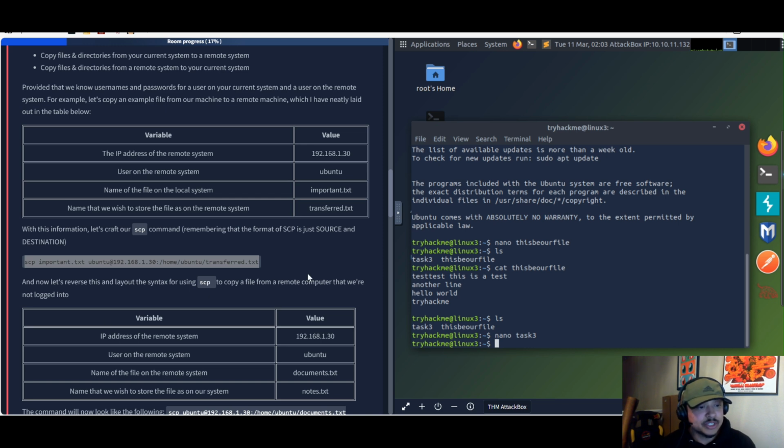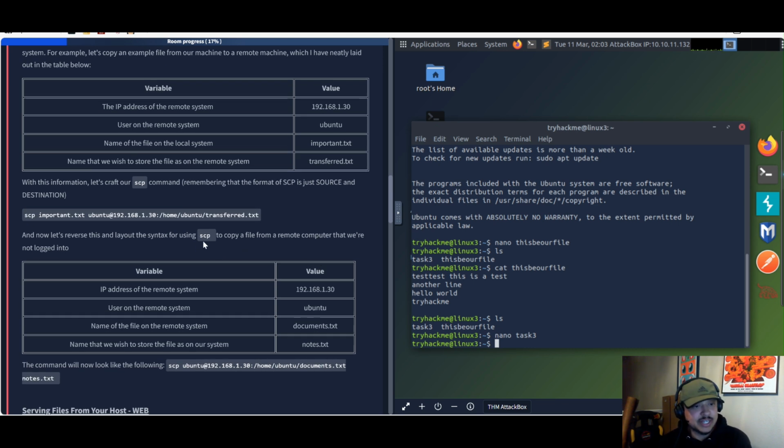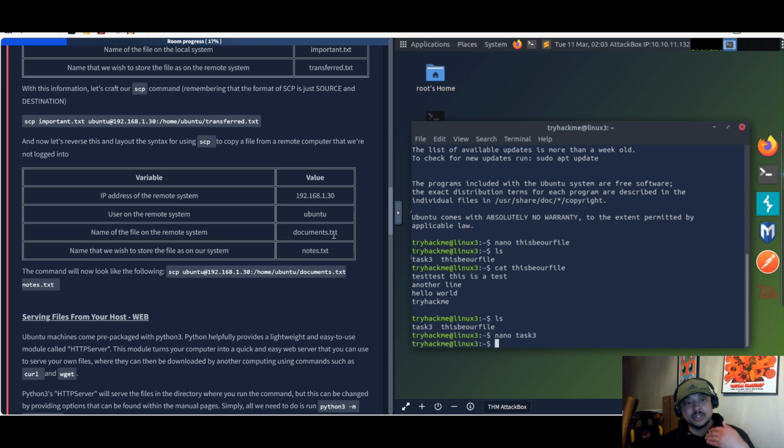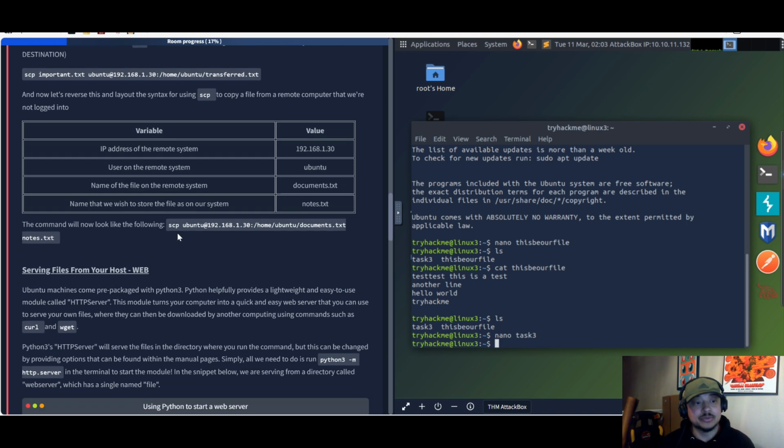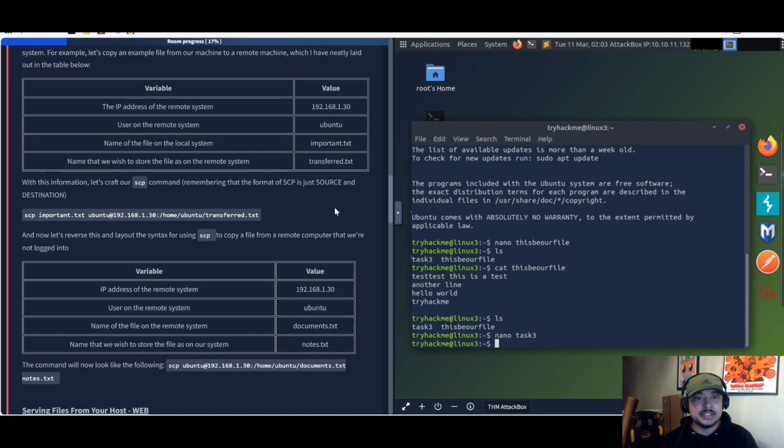Okay, now let's reverse this in the layout and the syntax, using SCP to copy a file from a remote computer that we're not logged into. So the command would look like this. In this case, the file on the remote system is documents.txt. We're going to store it on our system as notes.txt. The user is ubuntu and the IP is the same,